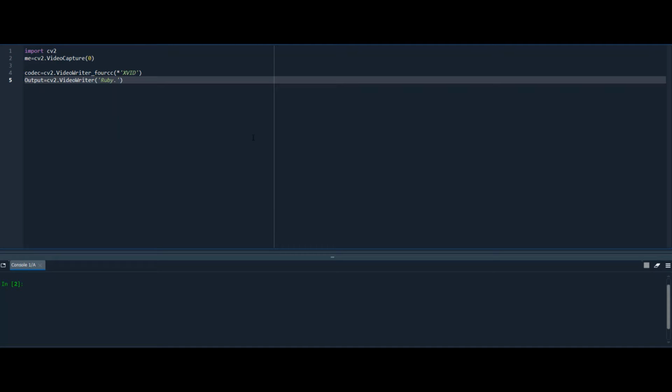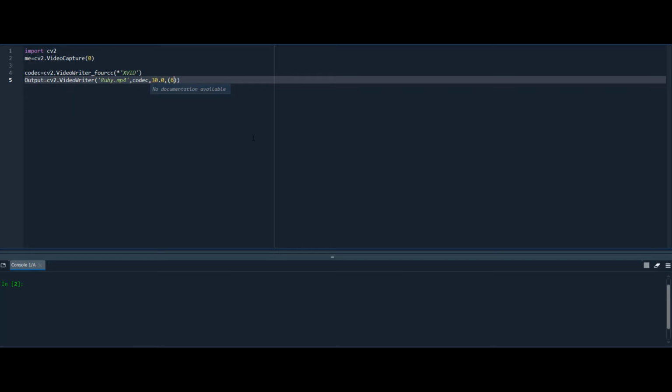This Ruby dot mp4, comma. The very first thing I'm sending is the codec, comma. Next thing we are sending is the frame rate, which is 30.0, 30 frames per second,